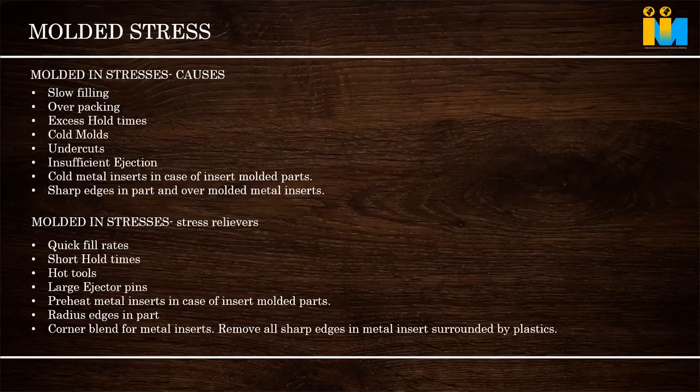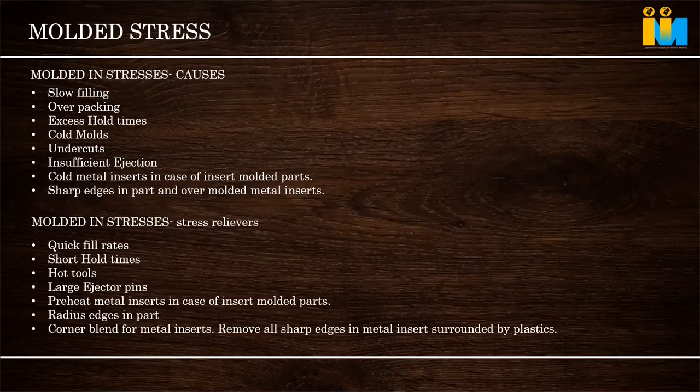So what is molded-in stress? What are the relievers? How can we solve it? It's just the opposite of what we discussed earlier. Fill the part quickly so that the melt temperature does not reduce the pressure going into the part. Like I told you, if the wall thickness is 2 mm and one area is 5 mm, to compensate for the sink mark in that thick area we give a higher holding time. It is not the solution. Reduce the holding time as per the requirement and solve it in the part design or the tool design, by giving some cooling or reducing the thickness at that area.